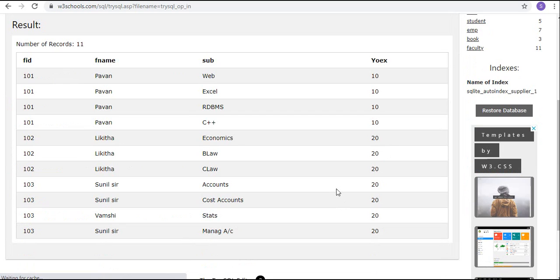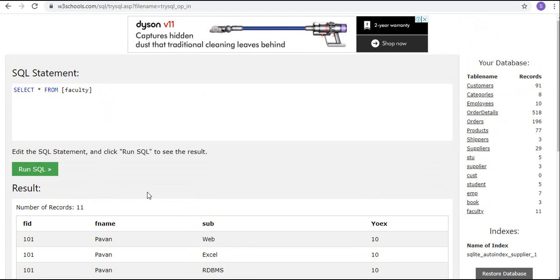Now I want to update, for cost accounting and managerial accounting, both from Sunil sir to Vamshi in a single statement. Then we have to use the AND operator.